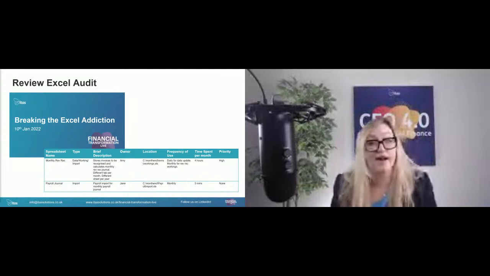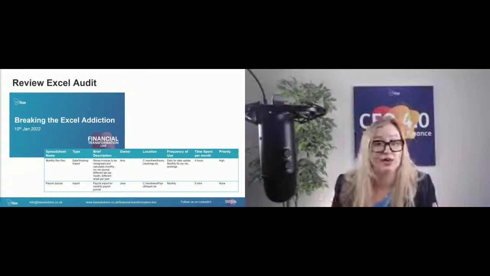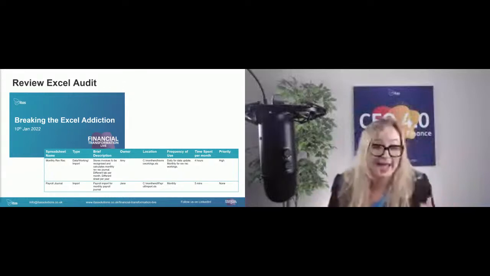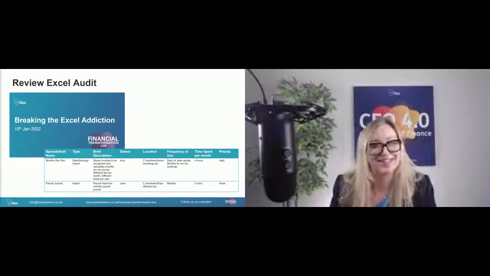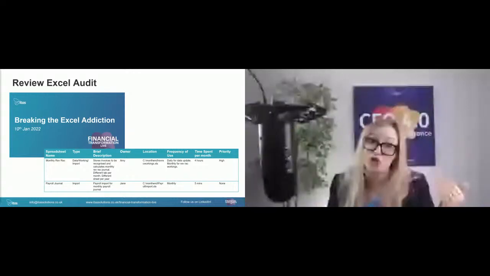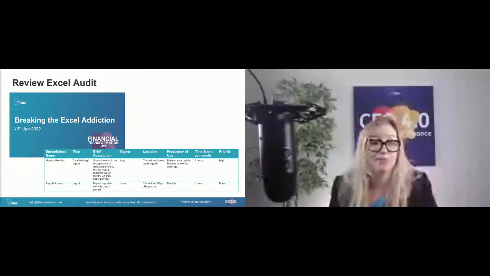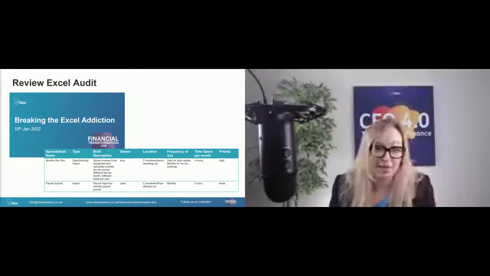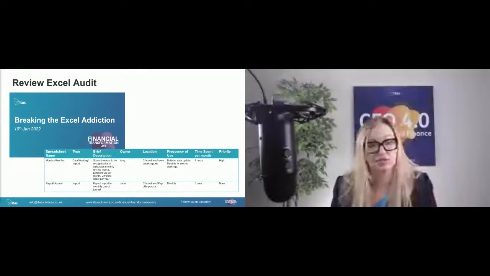Studies have shown you are likely to have more risk in your finance processes, so it's a really good basis for a conversation. And again, if you're storing lots of data in spreadsheets, it tends to slow down processes. There often tends to be things in spreadsheets that could be done in the system, but either somebody's not had the time to figure it out, or they don't know it can be done. So both of those things are really valuable for when you're doing the best practice review.